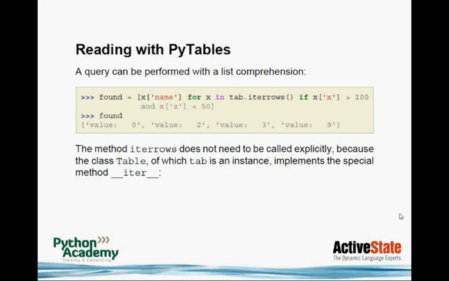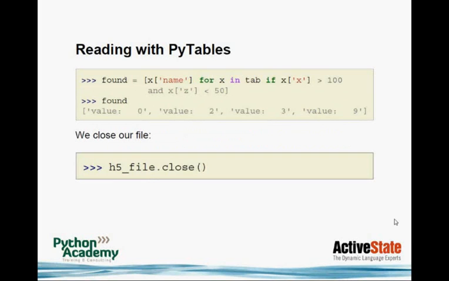So this is the basic way of querying your data. Use list comprehensions in Python, and you can go over your tables and filter them out. So nothing new to learn here about querying. You can use everything that Python offers you to do your list comprehensions or other things to go through your data and read them and filter them. Okay, next slide, please. Yeah, so this is just the same thing again here. And then once we are done, we can close our file. Next slide.